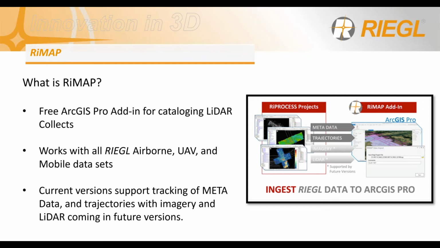And I can tell you, in the same database, you can have multiple of the same projects. You can have airborne with UAV with mobile. So if you're using several different systems and several different types, it's okay. The current version of RiMAP only supports our metadata and our trajectories, which actually shows our trajectory information and our